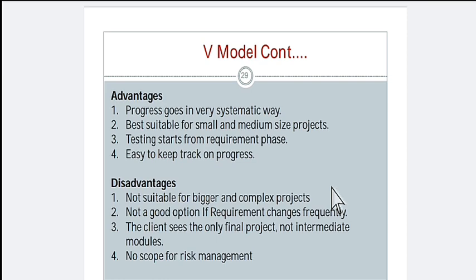Along with these advantages, the V model consists of some disadvantages also. So what are the disadvantages?